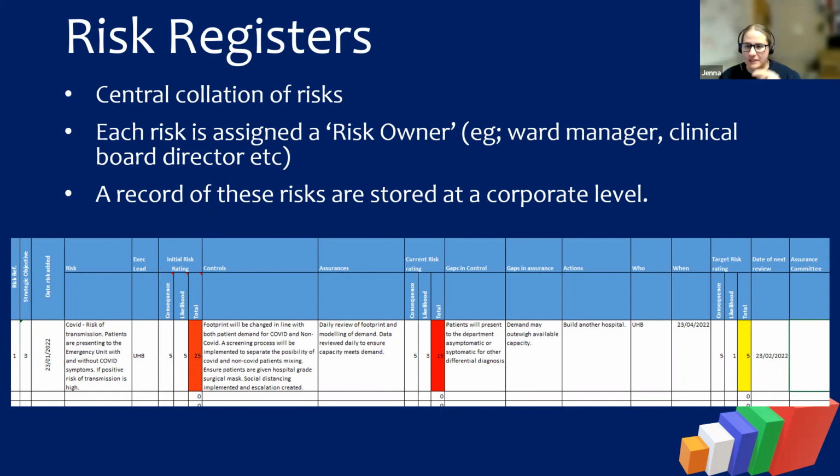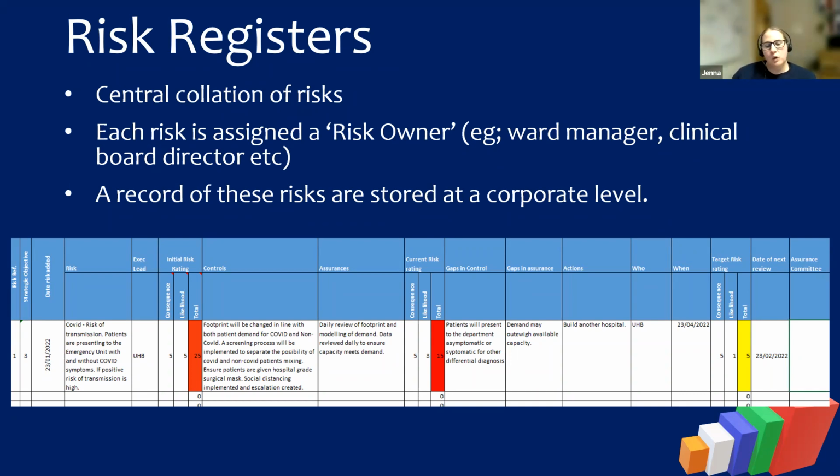So I guess we need to consider that if we're going to develop actions to help focus on that target risk rating, those actions have to be SMART. So they need to be specific, measurable, assignable, realistic, and time related. And all of those actions have to be assigned a risk owner. And it's their responsibility to help work towards those actions.